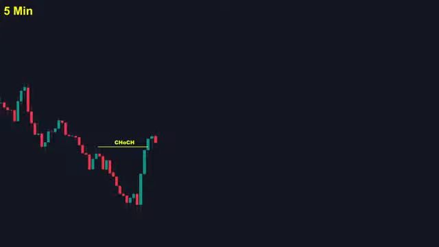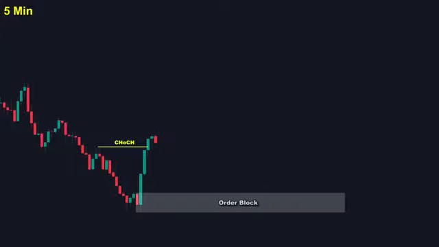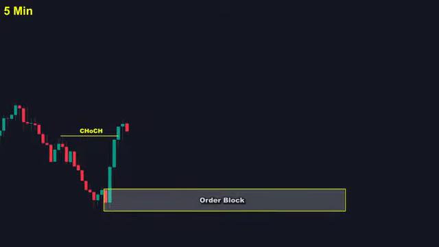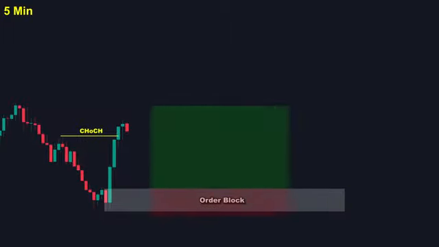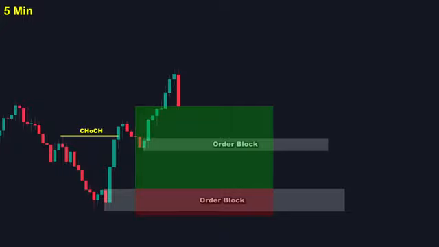Next, we simply wait for price to print fresh order blocks and open long positions at these optimal levels. Here we can see an order block is formed perfectly. We open our first long position with proper risk management in place. As the market pushes upward, another order block forms along the path. Without canceling our first trade, we open another long position at this second order block.